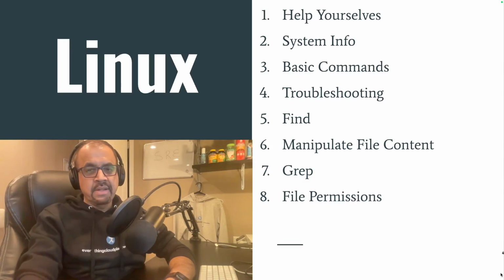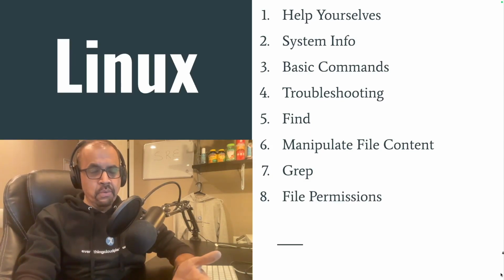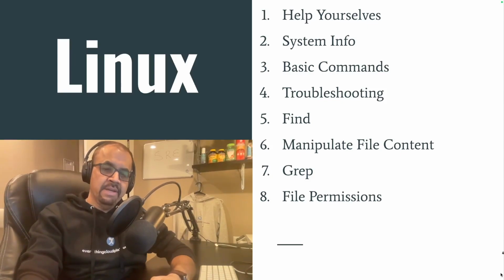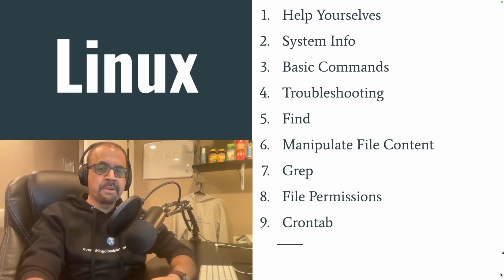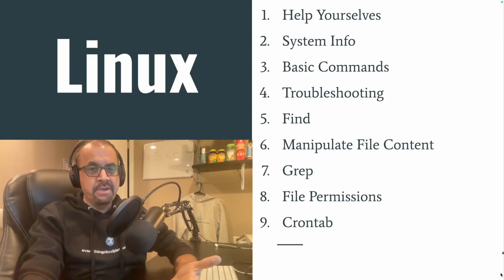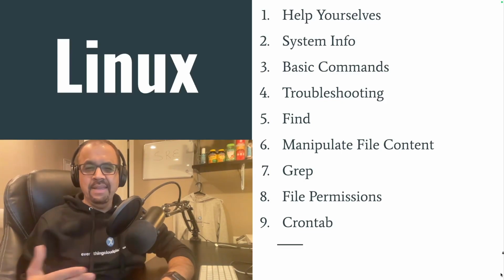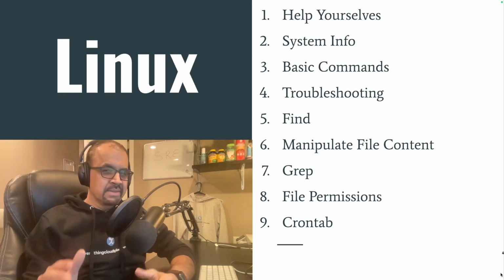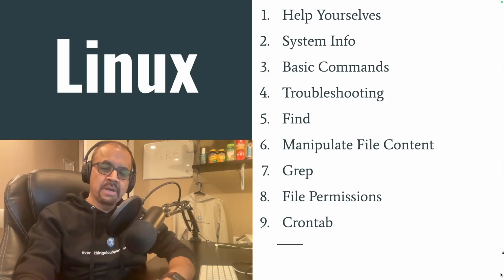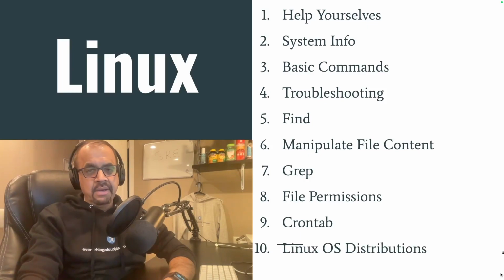File permissions are another area that you should know how to adjust and manipulate, or change and modify your file permissions. We'll see some commands that enable you to do that. Crontab is a feature that comes inbuilt with all Linux distributions, and you can use Crontab to quickly automate some bash scripts or run something on a cron schedule. So we'll look at how do you get enabled on Crontab. And finally, we'll look at